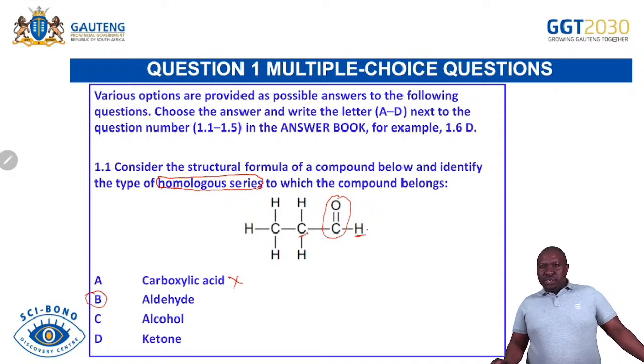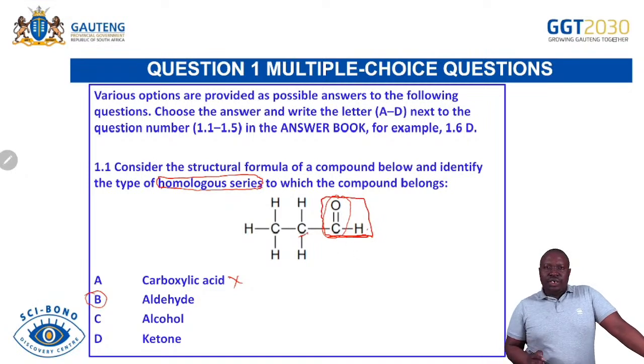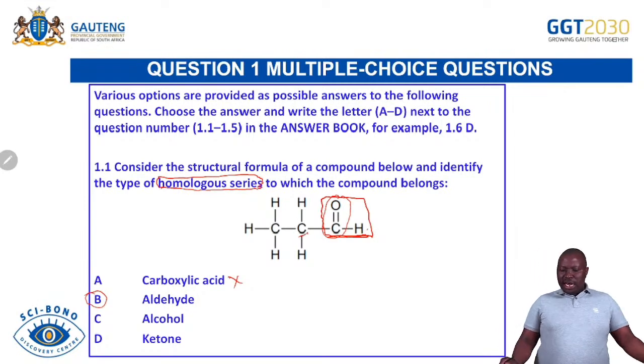I hope you see the importance of that, as I'm giving you a skill there to say always go and find out what it is that, when you remove it, this will become a hydrocarbon. That will give you a clue to say which homologous series. In this case, it's a C double bond O bonded to hydrogen and a carbon. Then you would know that it's an aldehyde.